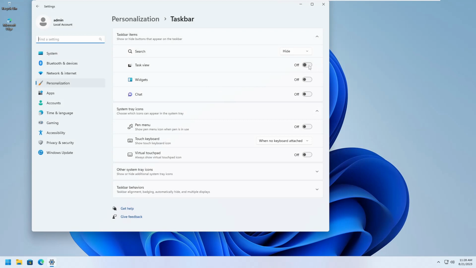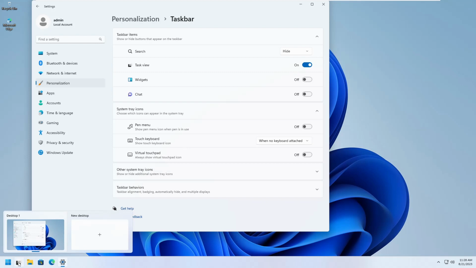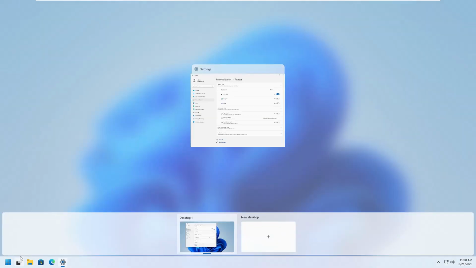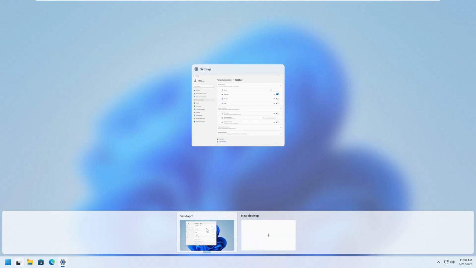Go to the task view option and you need to enable the task view. You will see an option here for task view. It is showing